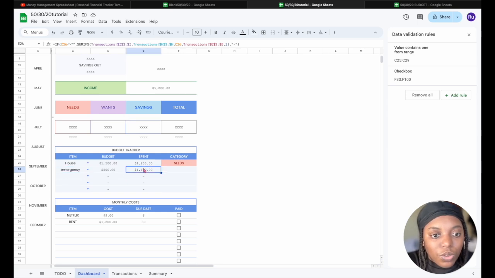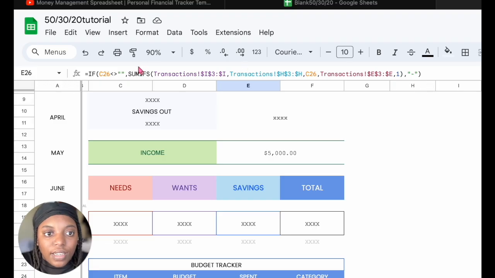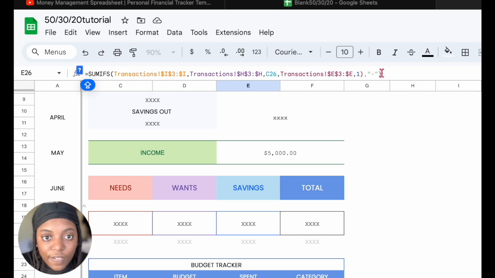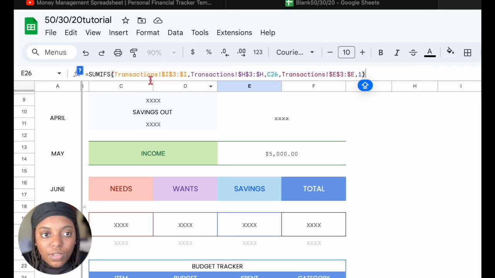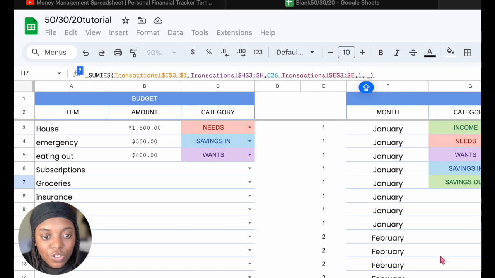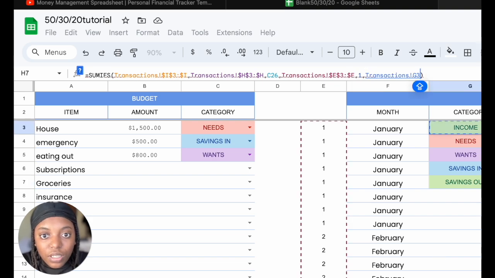So we would go here on spent, and we're going to remove this because it's not going to be empty, because it's always going to be our saving space. So you have a specific saving space, which is row 2 for me. Okay. So I want you to sum the amounts in transactions column I if the budget item in column H is C26, and if the transactions happen in January, and right, let's go back to transactions, the category, right,